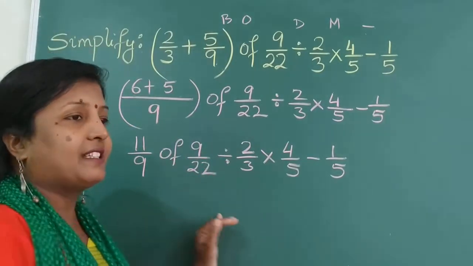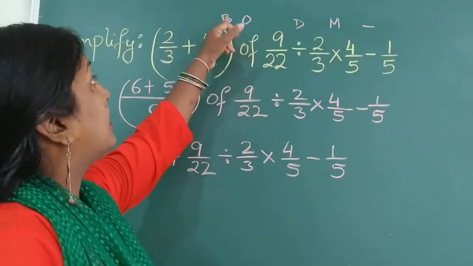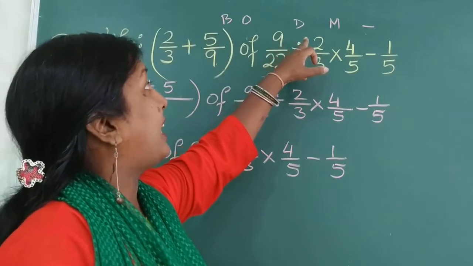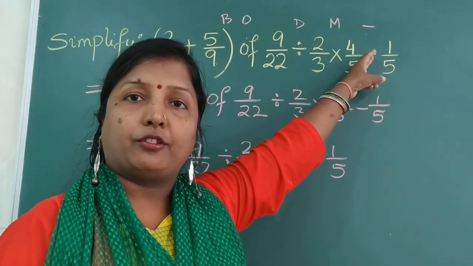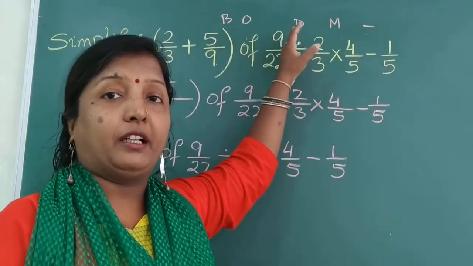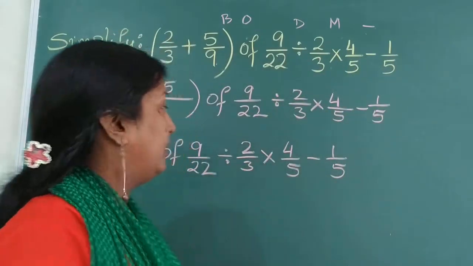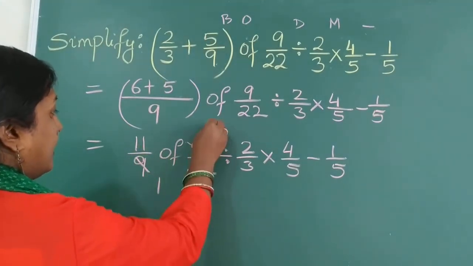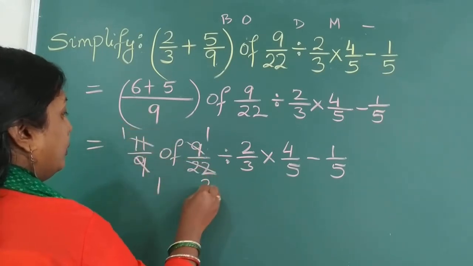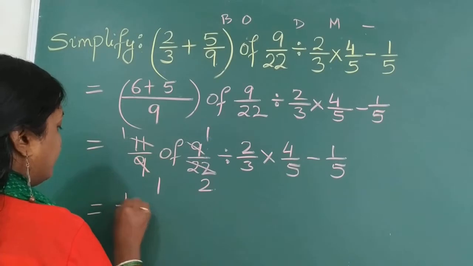Here, for "of", as I said, "of" is just a multiplication, but in the sequence of BODMAS, "of" is done just after the bracket, but the multiplication sign is done after the division sign. So that is the difference between "of" and multiplication. "Of" has to be done just after the bracket, but a multiplication sign will be solved after solving the division sign. So here, let us go for multiplication, meaning cancellation. 9 ones are 9, 11 ones are 11, twos are 2. So what are we left over with? We are left over with 1 by 2.